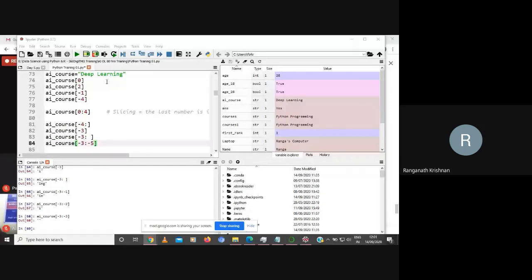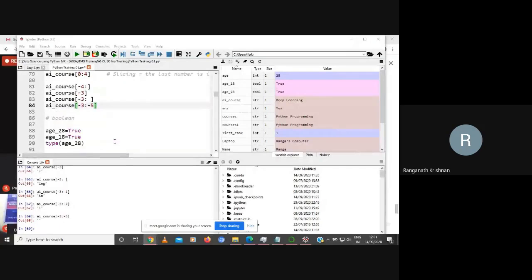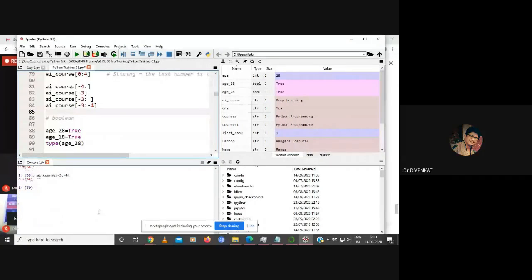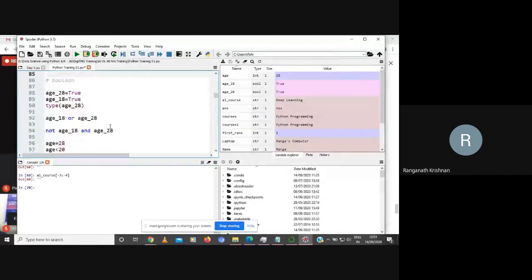3 minus 1 is 2, then 3 minus 2 is 1, 3 minus 3, that's it. There is nothing, because you're going past 3 itself, right? 3 minus 3 is 0, so there are no indexes left, and it will just not give you anything. That is the reason why with 3 minus 5 we got nothing. Even 3 minus 3 is going to give you the same thing, and 3 minus 4 is going to give you the same answer. Nothing will be returned. Okay, Vishali?